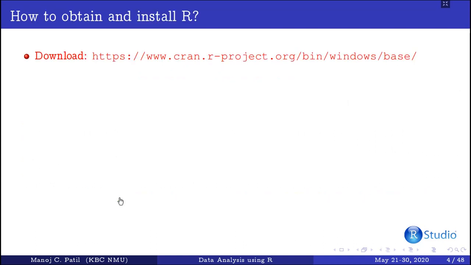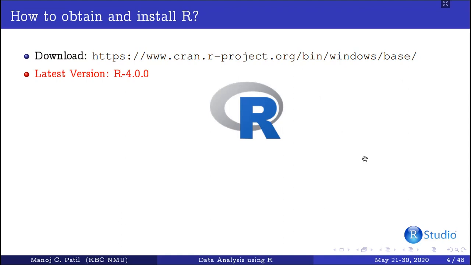Okay. How to obtain and install R? Basically it is free software, freeware. You can download it from this link. The latest version available of R is 4.0.0. And this is the logo for R, base R. What we are going to use is actually RStudio, because RStudio is an IDE for R software.